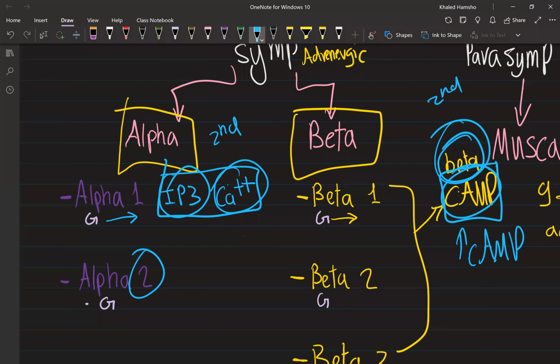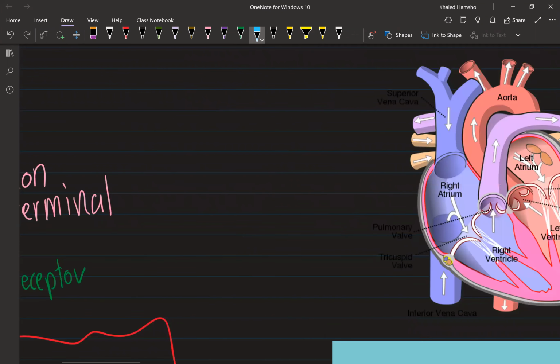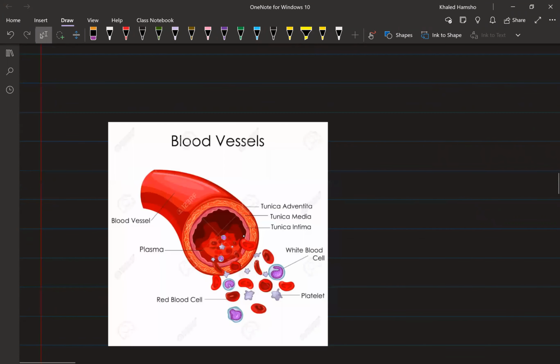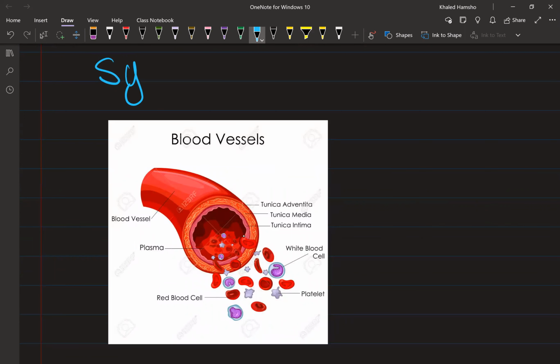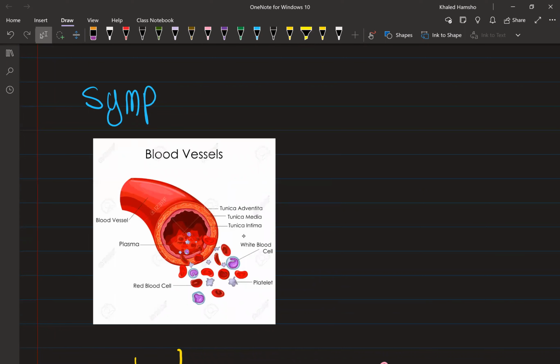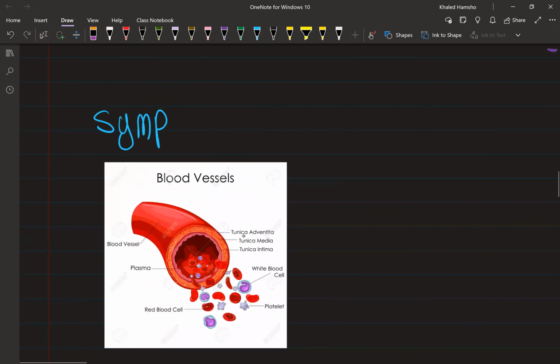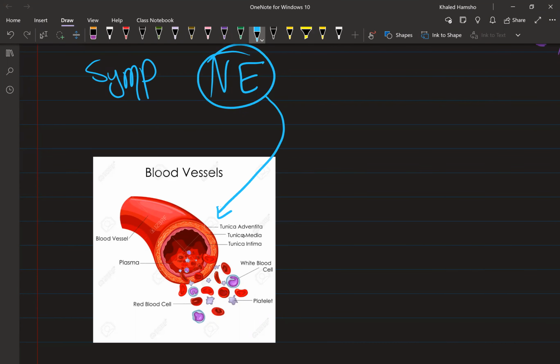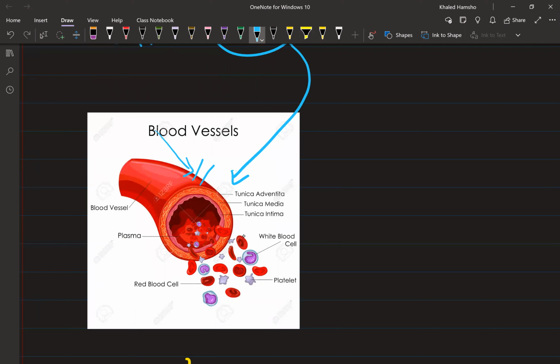So over here, I have some diagrams down here. In the sympathetic pathway, you're going to cover this again in cardio, by the way, but just so I can correlate it for you guys, because Dr. Abdul Jabbar included the functions of each one of these receptors in a slide. So I'm just going to quickly summarize it for you. Under sympathetic stimulation, the sympathetic nervous system is active. We said that releases norepinephrine from the second neuron. This norepinephrine comes over here and binds to a receptor. This receptor is, let's just say, alpha 1